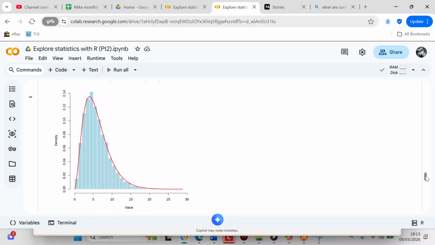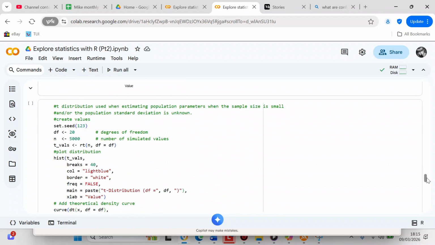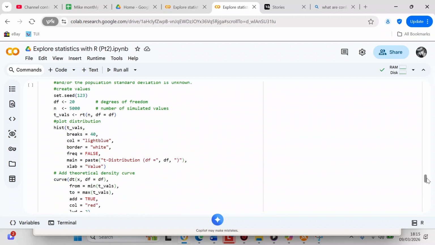But if you change the degrees of freedom to a lesser value or a higher value, that's going to change the shape of your distribution. So you're probably going to want to experiment with that and see how the distribution changes as you change the degrees of freedom. So the next distribution we have